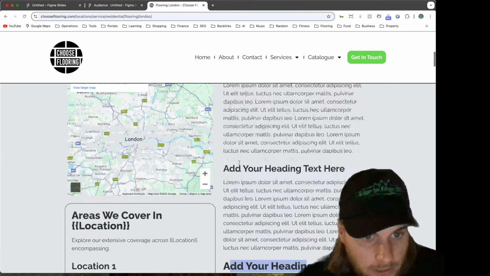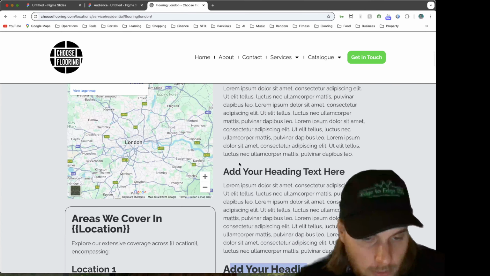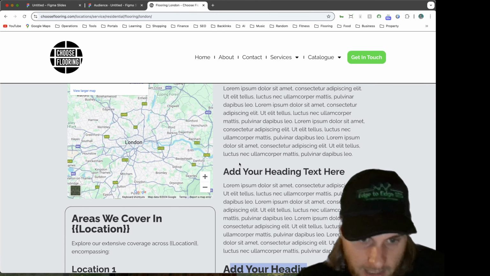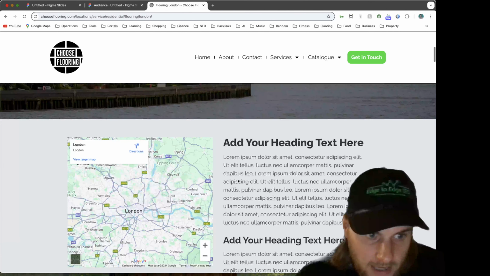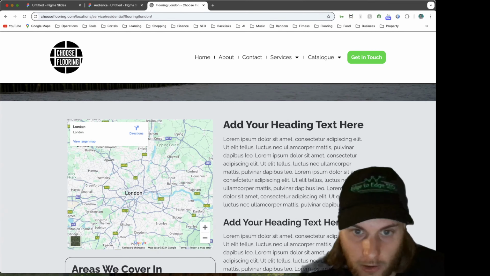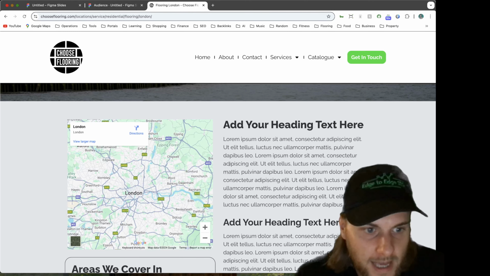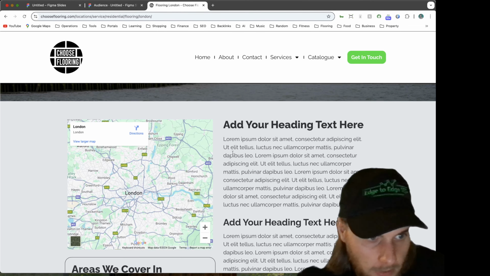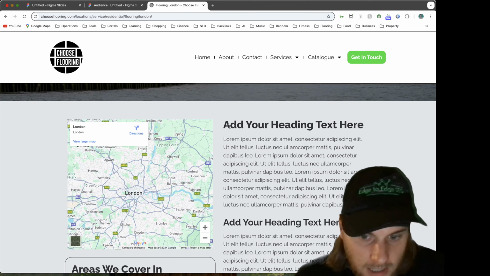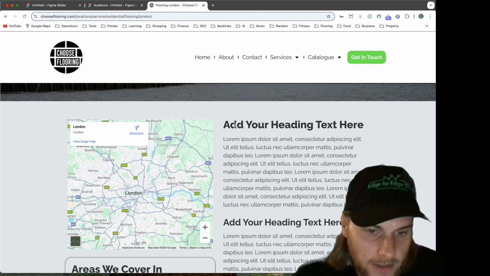If you can just put the right keywords in the right headings and label the right headings correctly, for example, your H1s, H2s and H3s, that is going to be a lot of the time enough to get Google to see that it's a quality page, because you understand how a page should be built. You understand how the information should be presented to the people that land on that page.